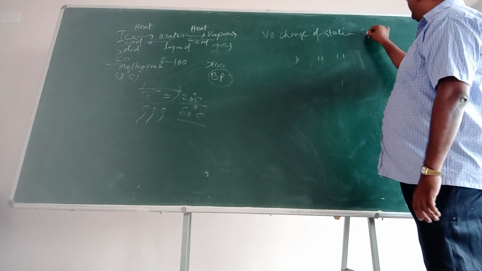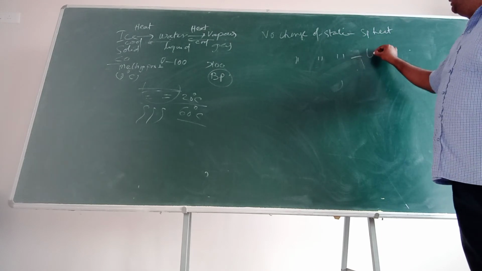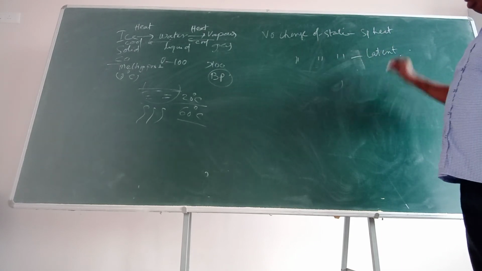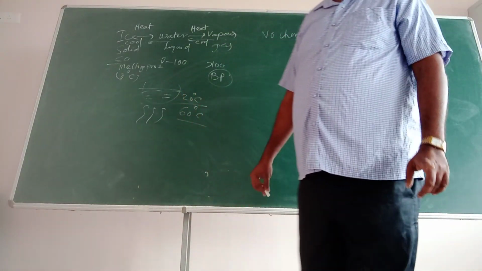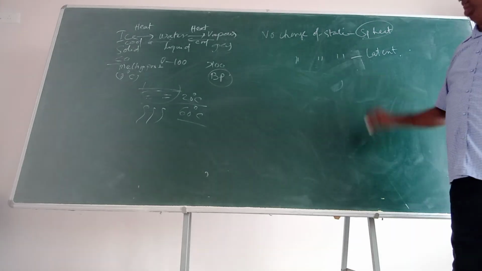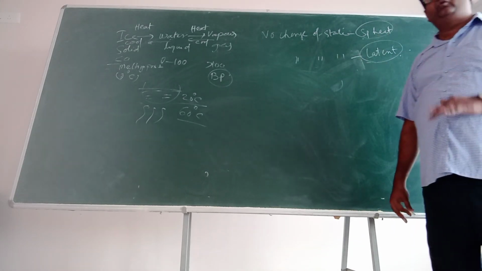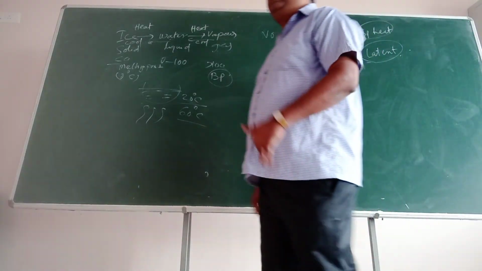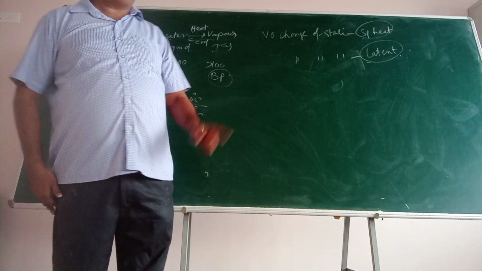Here we use specific heat. Okay? Here we use latent heat. What is this? I will discuss tomorrow because the time is up. Clear? So when there is no change of state, we use specific heat. When there is a change of state, we use latent heat. Latent heat of fusion is there, latent heat of vaporization is there. That we will discuss in length tomorrow. Okay? Make a note of all these points.